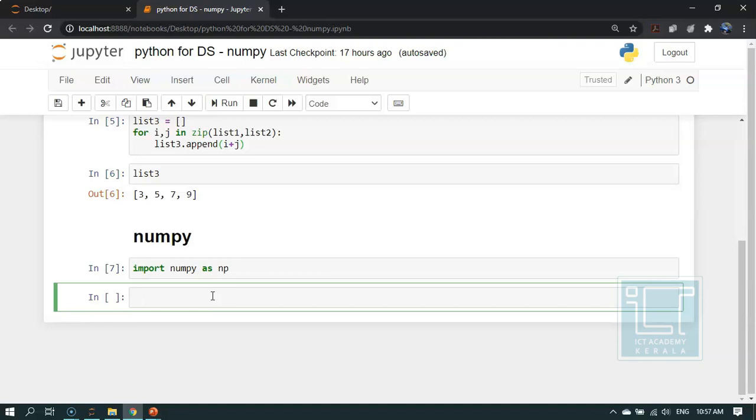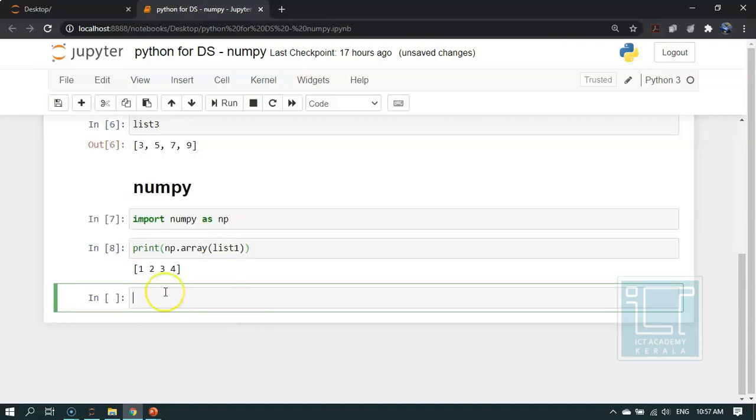Now we are converting the list 1 into an array. For that I am writing this code. So this code will convert list 1 to array, and it will print this. We have converted list 1 into an array, but it is not stored anywhere. We are going to store it into a variable called arr1.